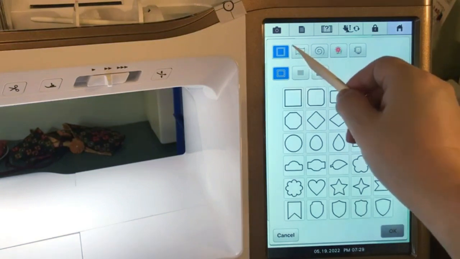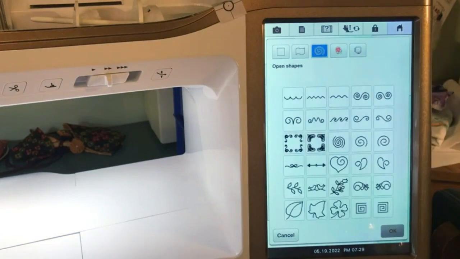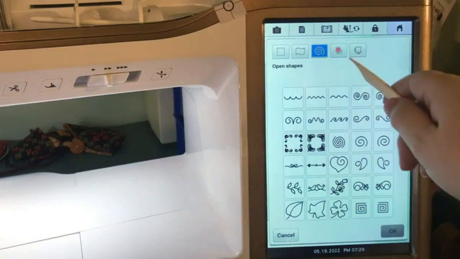Okay, and then you've got this with more shapes. These are all kinds of different little cutesy things, a house and flowers and hearts and all that. Okay, then you've got open designs, which are these different little shapes that we can also use for different things. Okay, and then you have, we'll talk about